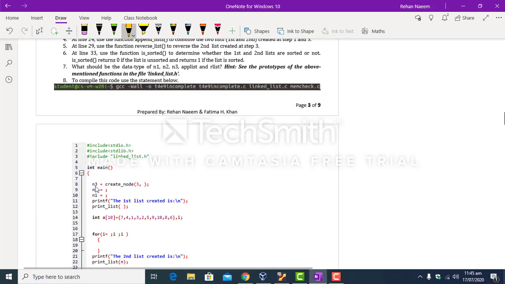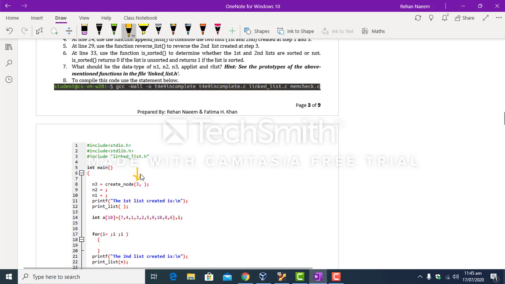So this create_node function is defined in linked_list.c. So you have to include the header file linked_list.h so that you are able to use this function create_node. So create_node has 2 arguments.